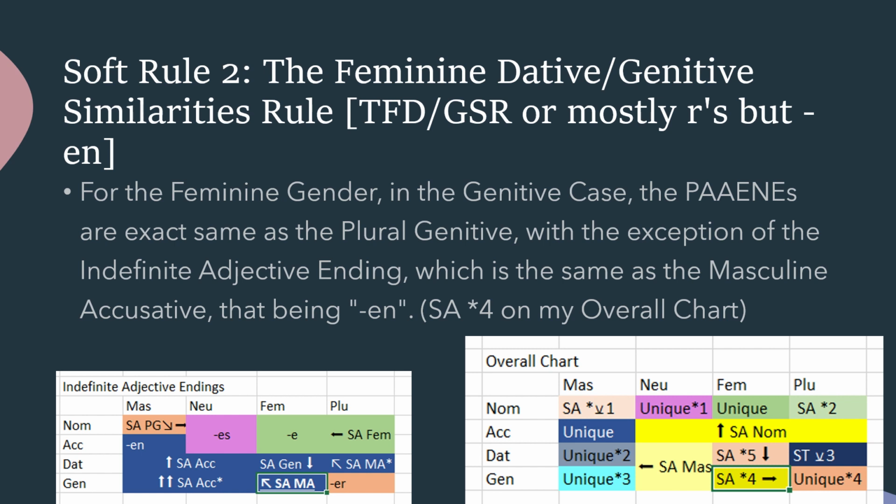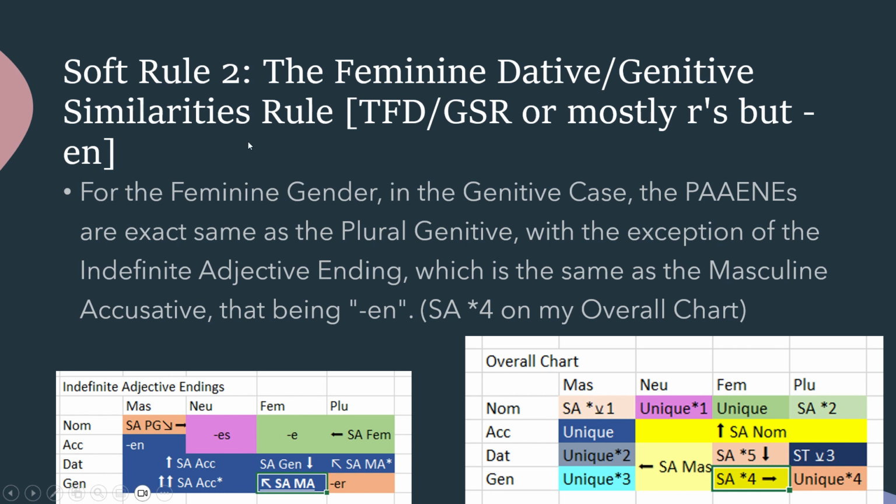So for the feminine gender in the genitive case, the stuffs are the exact same as the plural genitive, with the exception of the indefinite adjective ending, which is the same as the masculine accusative, that being en. As you can see here, SA star 4. In almost all instances, it is the same as the plural genitive. However, the